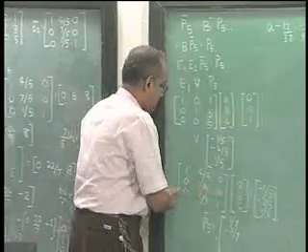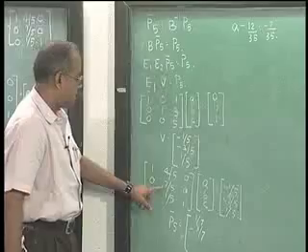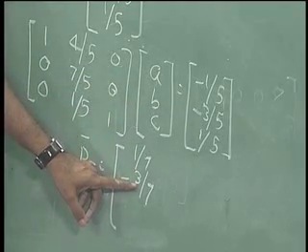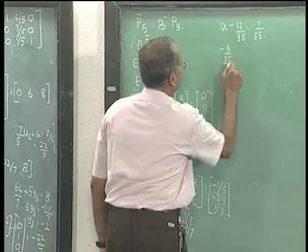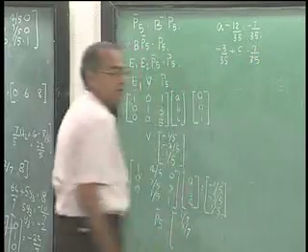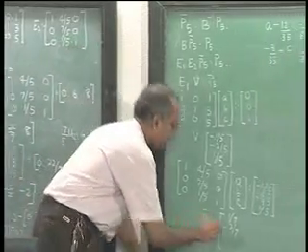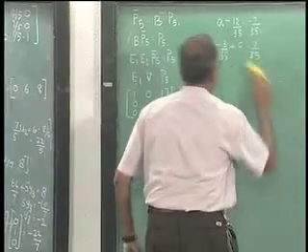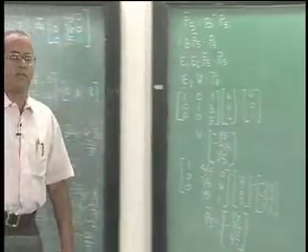Now, to find out C, 1 by 5 B plus C is equal to 1 by 5. So, 1 by 5 B is minus 3 by 35 plus C is equal to 1 by 5, minus 3 by 35 plus C is equal to 7 by 35. So, taking it to the other side, you get 10 by 35, which is 2 by 7. So, this is 2 by 7. So, now we have found out P bar 5, and once we know P bar 5, we can find out